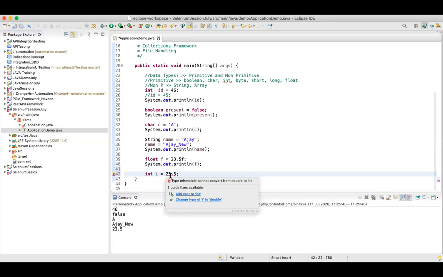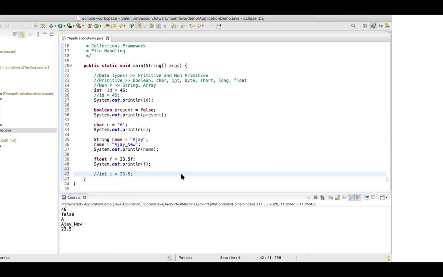You cannot convert from double to int. So int cannot support decimal values. If you want to support decimal values, then you have to use floating variables.